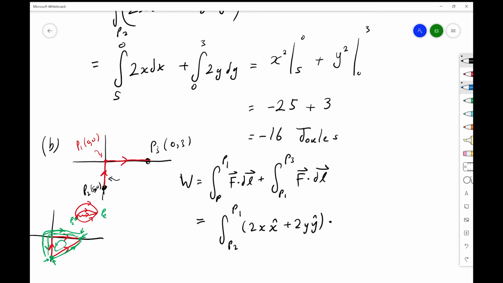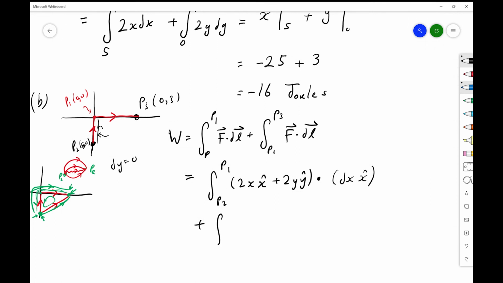Y is 0 along this path, so there is no dy component. Dy is always 0 because y is not changing as we're moving along this path. So the differential element is just going to be dx x hat. There won't be any dy,